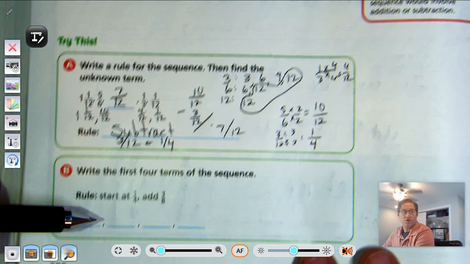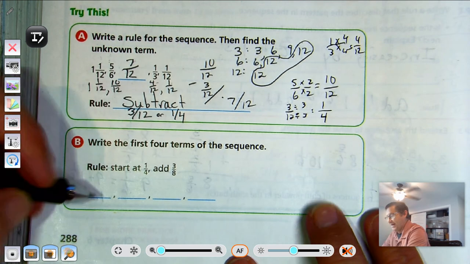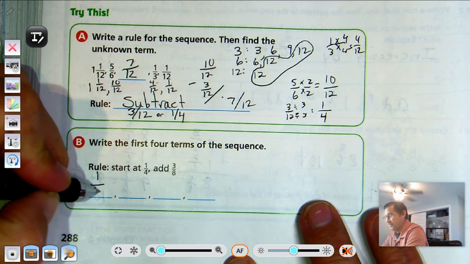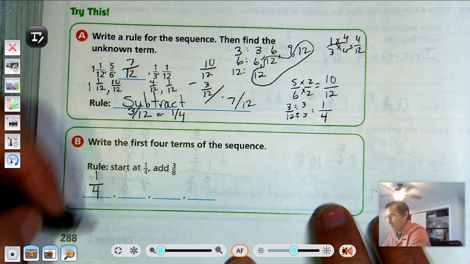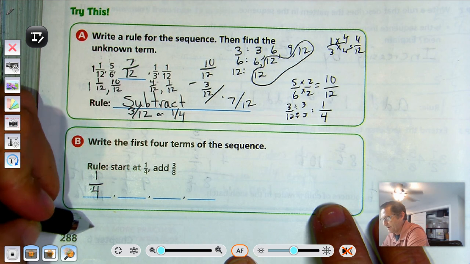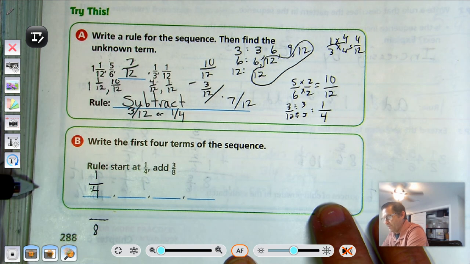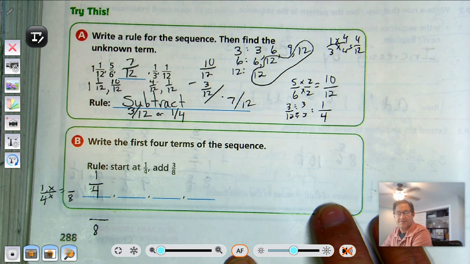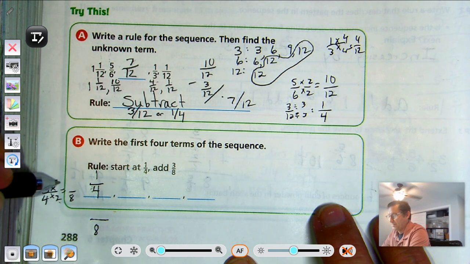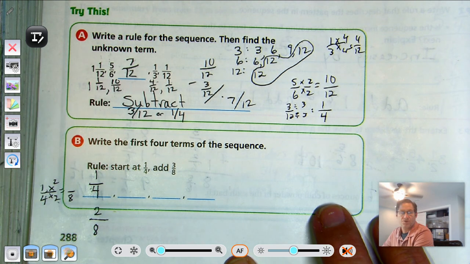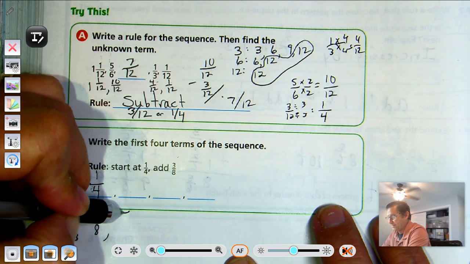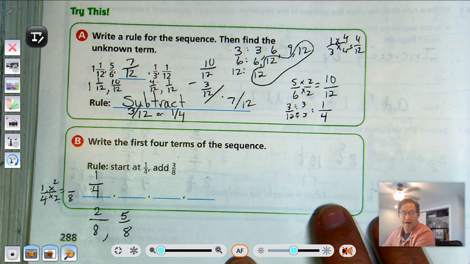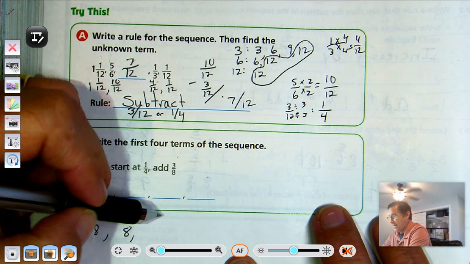All right, how about this one? We're going to start at 1/4 and add 3/8. So 1/4, 4th and 8ths. Well, I want to go ahead and change this one to help me add. I'm going to go 1/4 times something equals 8ths. Well, 4 times 2, right? All right, so 1/4 is the same as 2/8. I now need to add 3/8 to the 2/8. And 3 plus 2 is 5. Then we would have 8/8